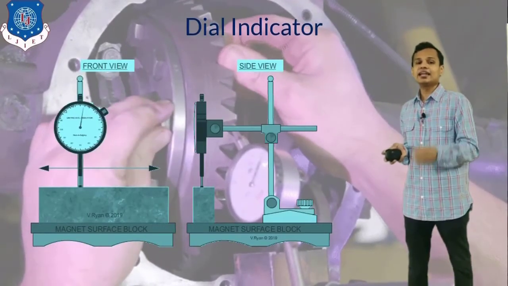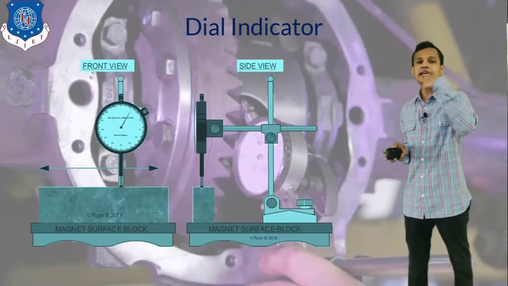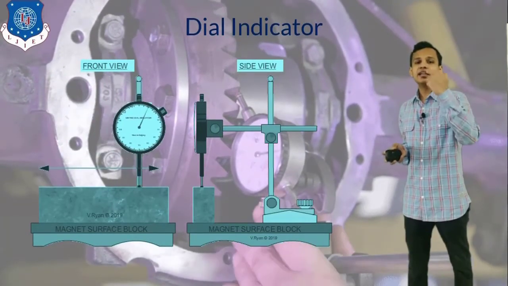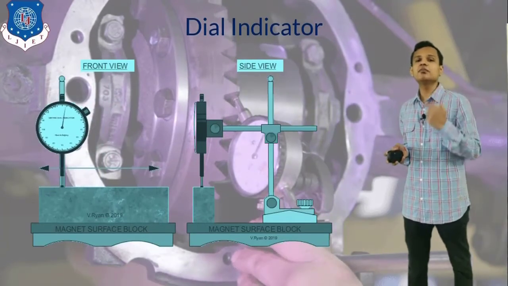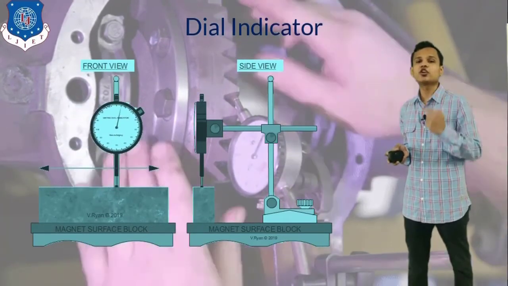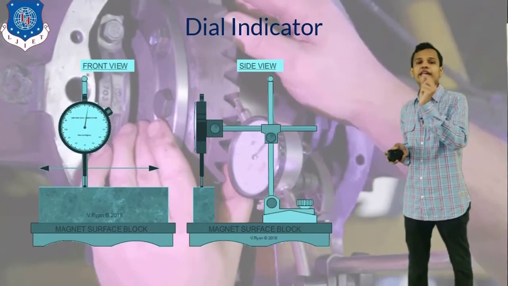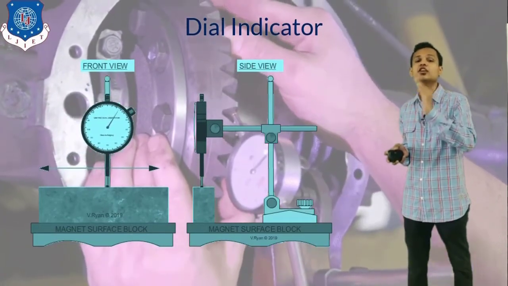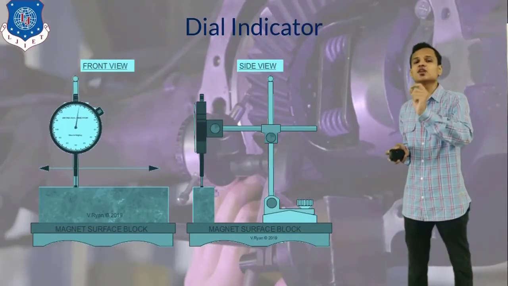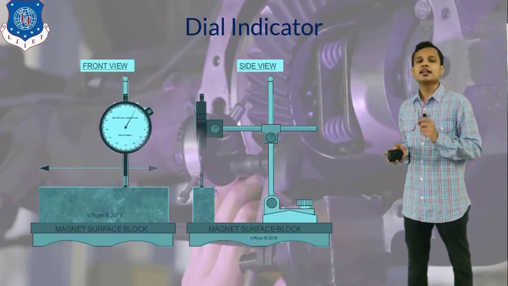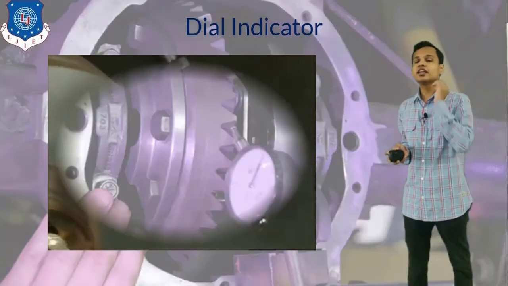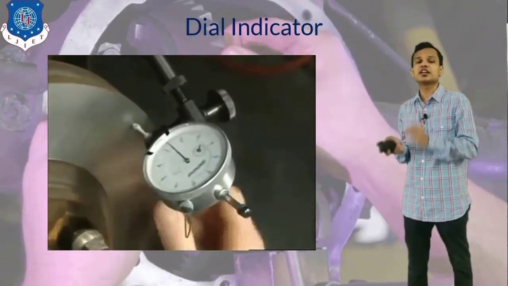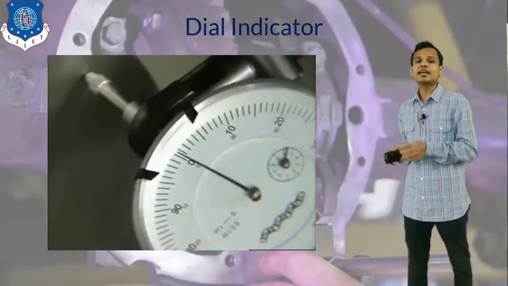The dial indicator will be placed on it and either the component will be rotated or the dial gauge will be rotated, and the indication on the dial gauge will be observed whenever we are rotating that component. The pointer of the dial gauge should not deflect too much or change its reading too much, otherwise there is too much wear on the surface, right? In the second figure we can see an example of the dial gauge used to measure the runout on the brake disc.